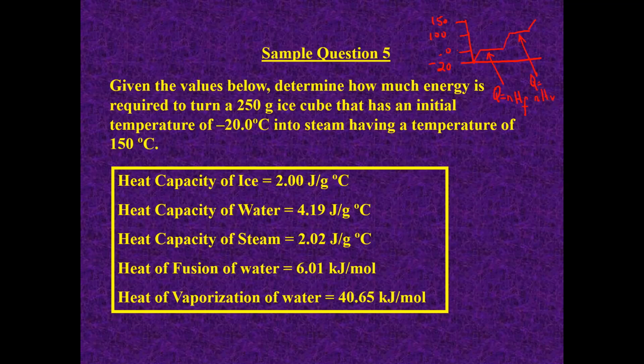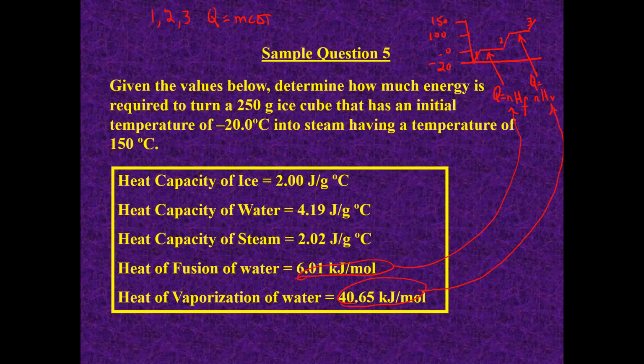Okay, we are going to have to do two of those plus one, two, three calculations. For calculations 1, 2, and 3, we use Q equals mc delta T. And for these other two, we use Q equals n times heat of fusion and n times heat of vaporization. So this is a real challenge problem, okay? And for heat of fusion, we're going to use 6.01. Heat of vaporization, we're going to use